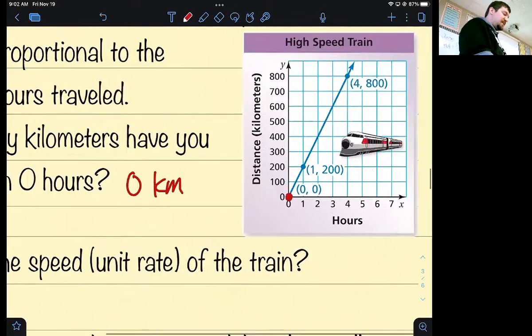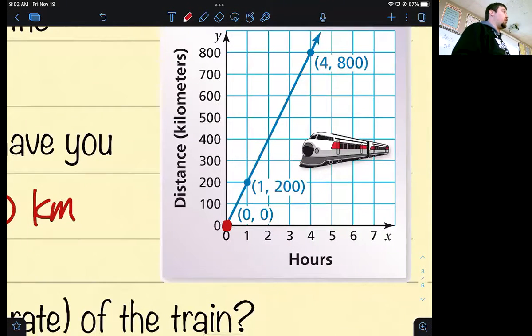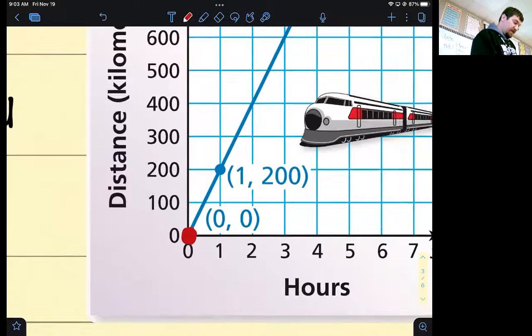Now, what's funny is, you remember when we were finding unit rates, I told you the only point you couldn't use was that one, because what information do we have from that? No information. That means the train hasn't left yet. We have no information because we can't divide by 0. We can't get an undefined answer. What we could do though is we could divide